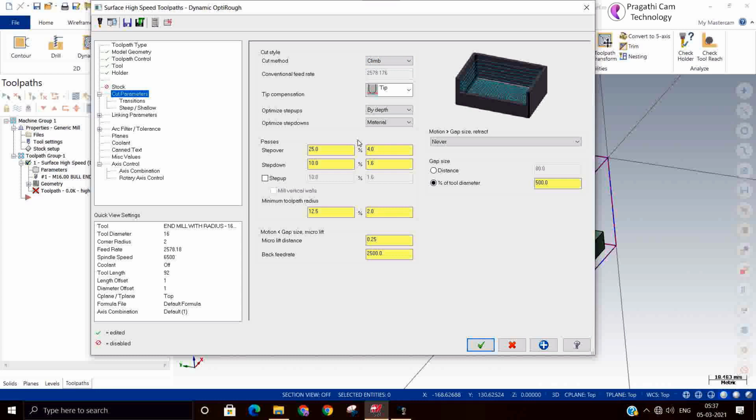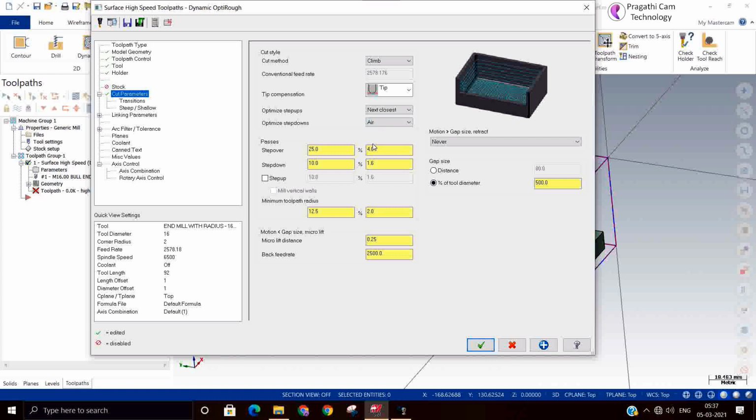Normally in down milling only in the CNC is used. Now with the compensation, so optimization you can use that same thing. Optimize cut order means we have used that same thing here. Now by depth, if you take, it will work on the depth. And next to closest, if you click, then whichever material is nearby, it will go there. So by air, it will go outside and enter in the air and come inside.